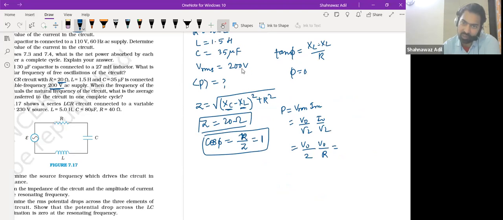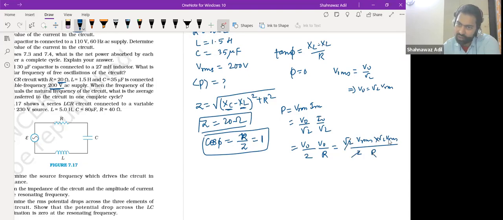So VRMS would be V naught by root 2. So V naught is root 2 VRMS, right? So root 2 VRMS and root 2 VRMS by 2 and R. So this cancels